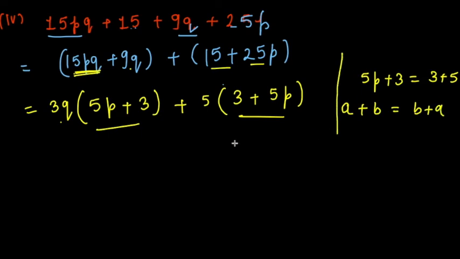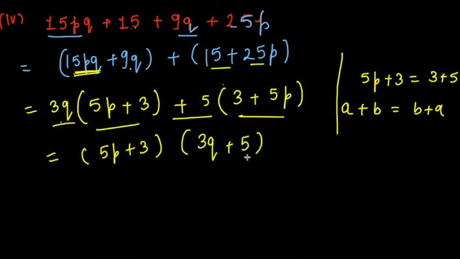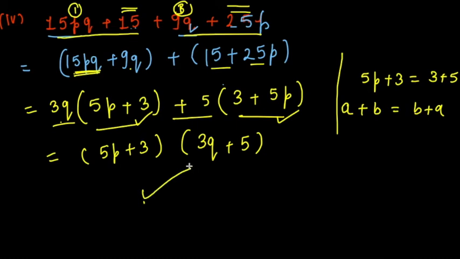Addition is commutative. So what is the common factor here? 5p plus 3 can be common. I am left with 3q plus 5, which is going to be the other factor of the given expression. So in this question, I have not grouped the first and second and the third and fourth terms together, because I was not getting the common terms in the bracket. So I tried another combination, and placed the first and third terms together, and the second and fourth terms together to get the factors of the given expression. Okay, you can pause the video to note it down.